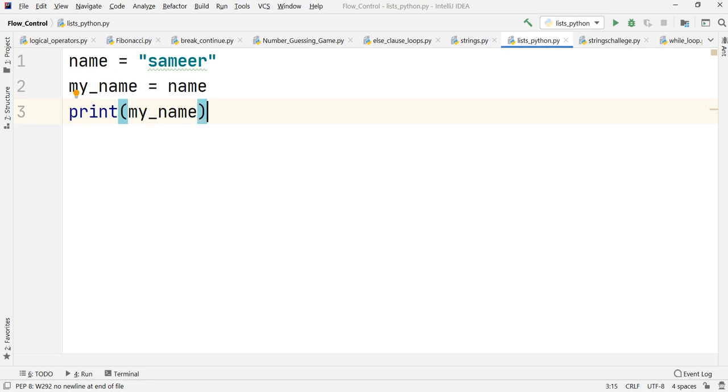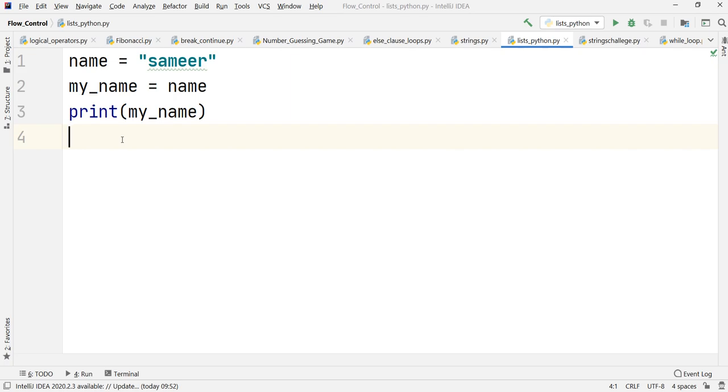But is Python also considering two different variables, because we are only dealing with a single string, and there are two variables having the same value? So we can check whether Python has created two different variables when I created this variable as well, or whether it is doing something else. Let us see that, and then I will reveal what is actually happening.